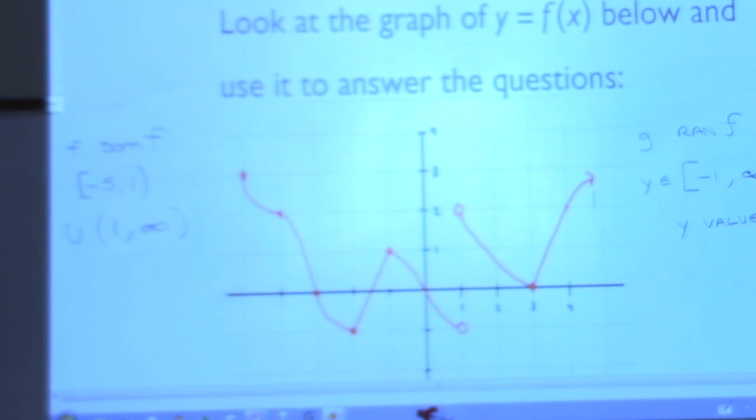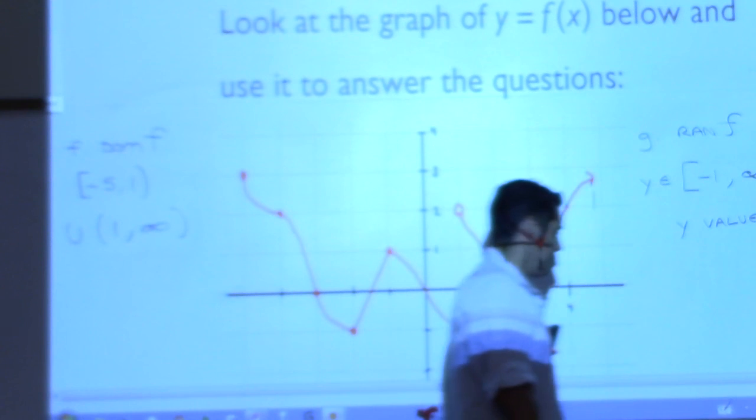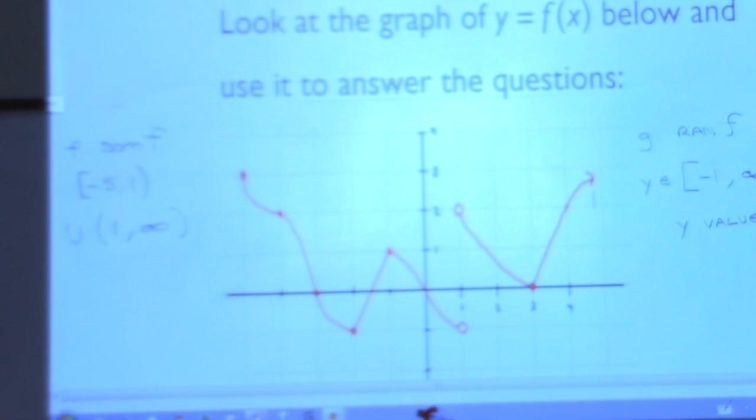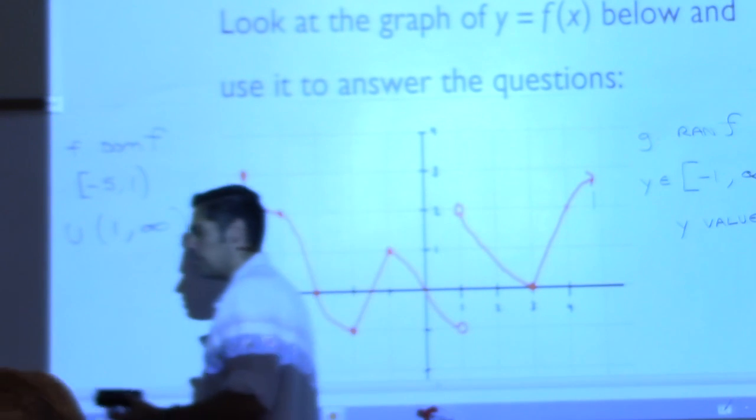I don't know if you'll do it later, but how do you get the range if you just gave us a function, not a graph? That's more complicated. Getting the range of a function is one of the